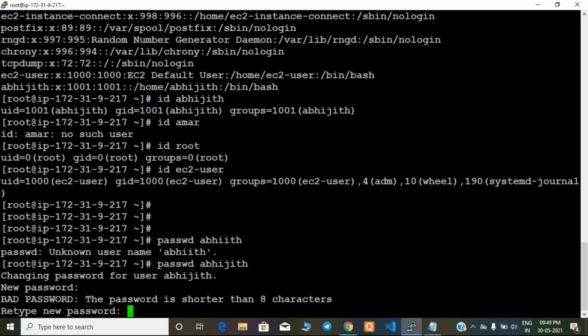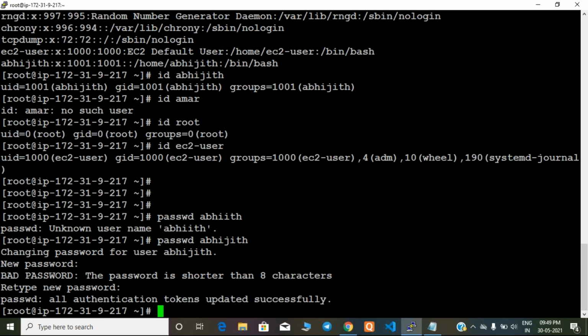It's a blind password, guys. You cannot see the password, whatever you are typing. Two times you have to give the same password, guys. First time new password, again retype password, meaning the same password you have to give. See? So I set the password.